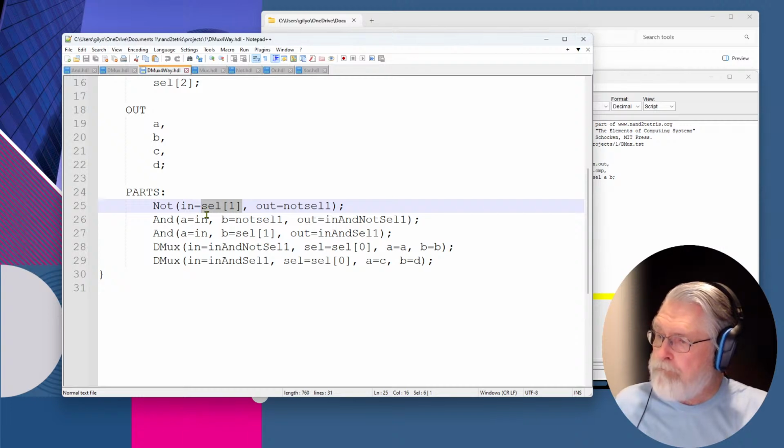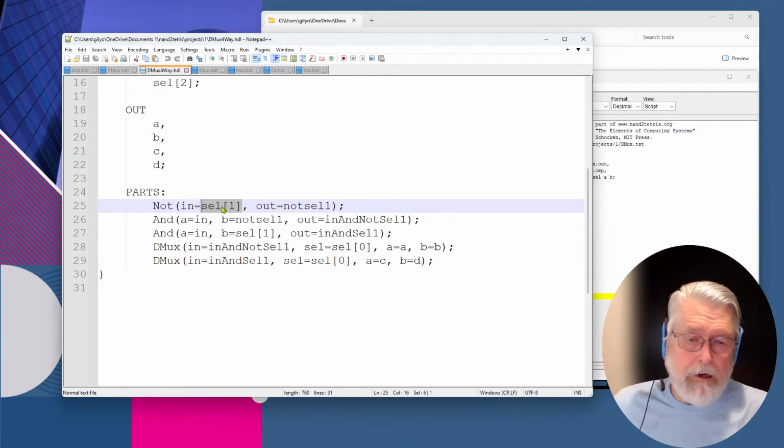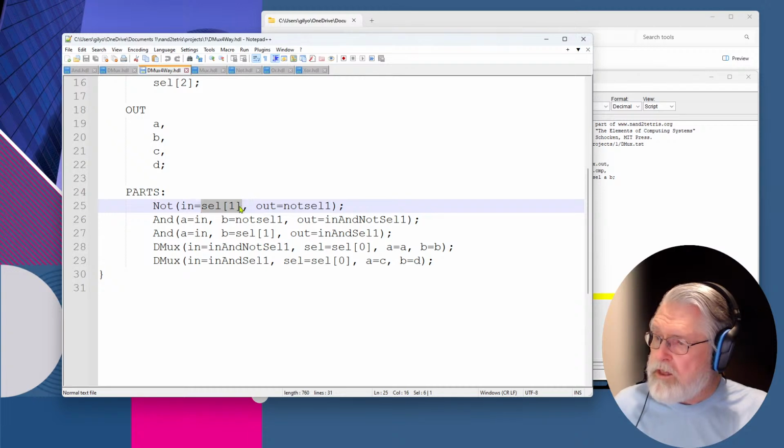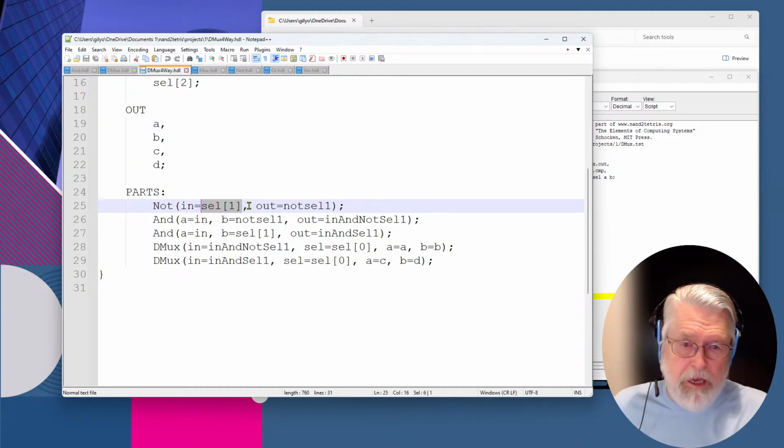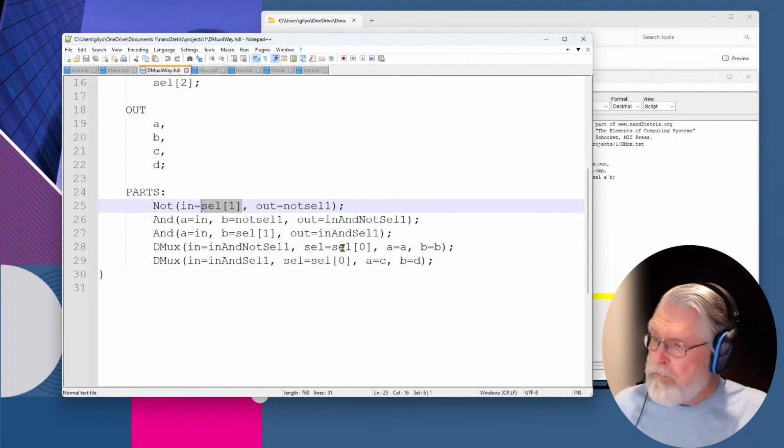And unlike the MicroHard software we were using before, this is a zero-based array. And so 1 is the high order bit for this 2-bit bus, and 0 is the low order bit for the 2-bit bus. And we're going to take the high order bit and we're going to feed it into the